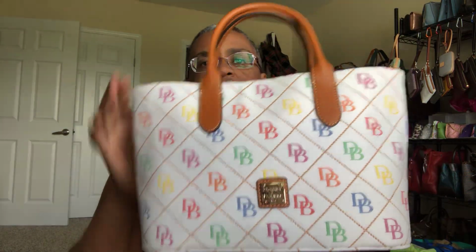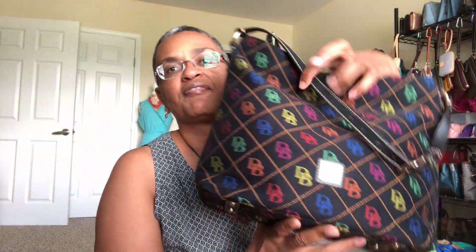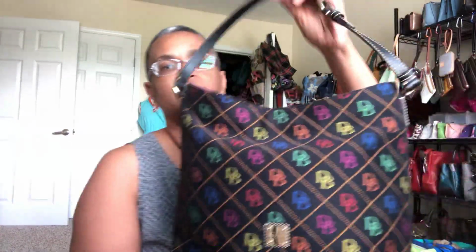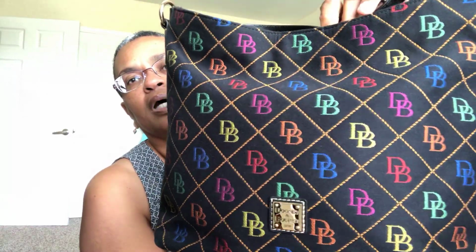This bag is sort of a sister bag to one of my favorite bags, which is this one. And I have been looking for this bag in this silhouette with these multicolored DBs, and the closest I came was at Macy's. Macy's had this bag, but the background was white and the DBs were not multicolored. The DBs were all navy blue. And I kept going back and forth with that bag. I would put it in my cart and look at it and take it out because it wasn't exactly what I wanted. I love the multicolored DBs. So this came up,